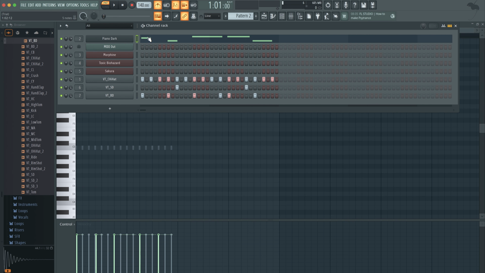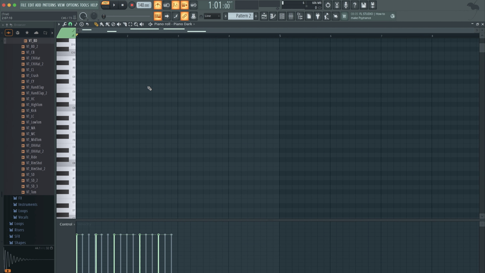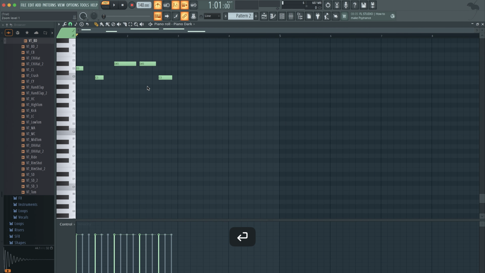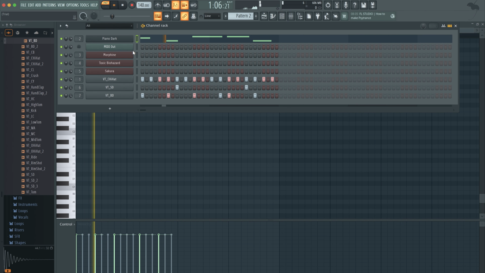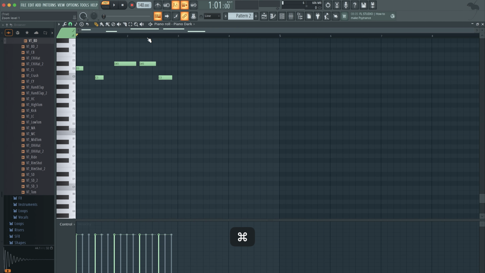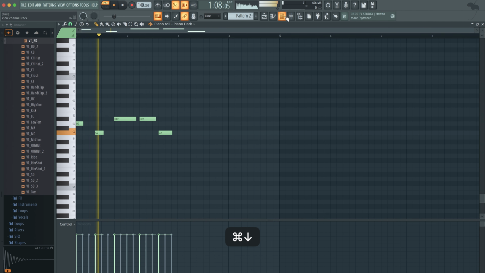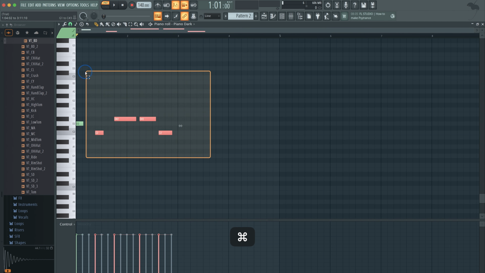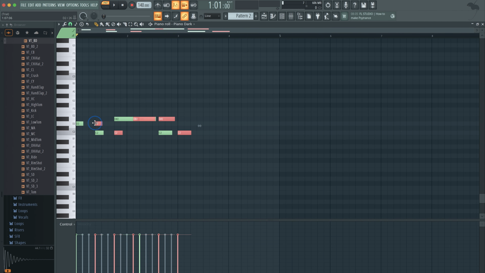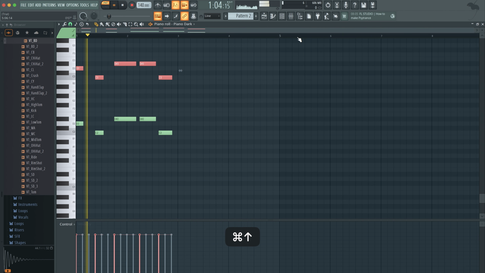Okay, so now we have that kind of ratchet melody. Let's hit Control Q or Alt Q to quantize. We can also click in here. Let's say we want to drop it down an octave, hit Control down. We can also hit Control in the piano roll, that rhymed. Hit Shift, left click to highlight the note to duplicate, hit Control up.